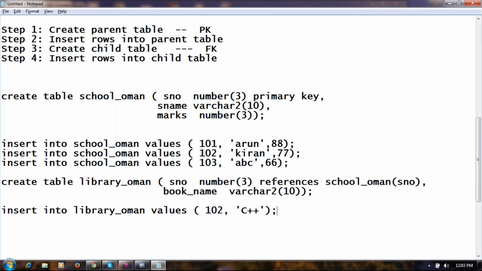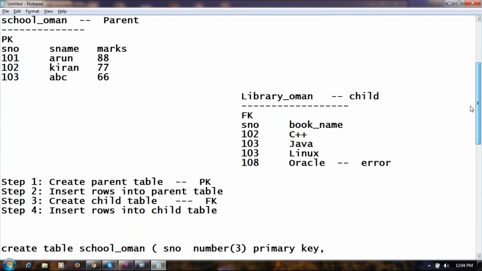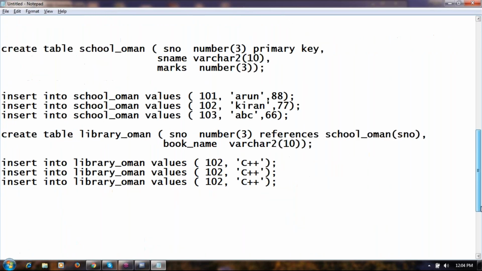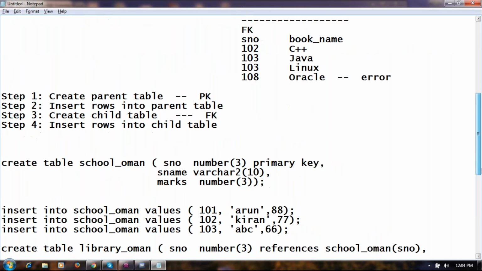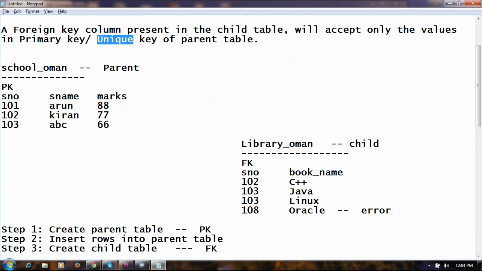Null plus not null plus unique is also a primary key, as you said. That cannot be referenced, no? Though it functions the same as a primary key. If you want to refer to it, it must be primary key or unique. The parent table can have primary key, or at minimum it should have unique. Yes, if it is unique also, it will work. But unique plus not null will not work. No, if you have unique, that's enough.